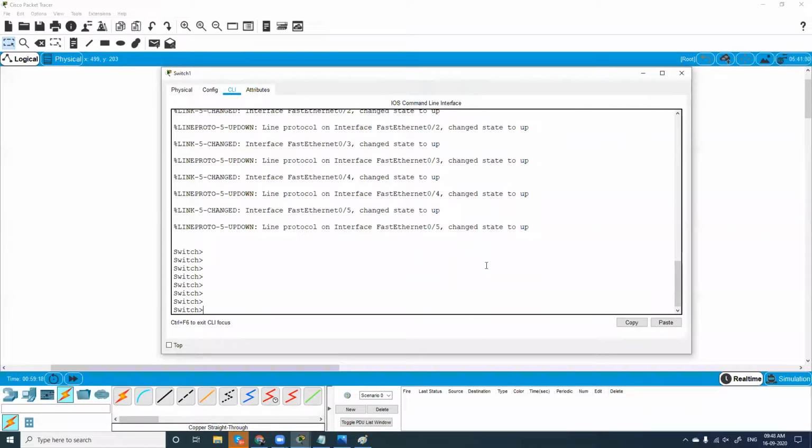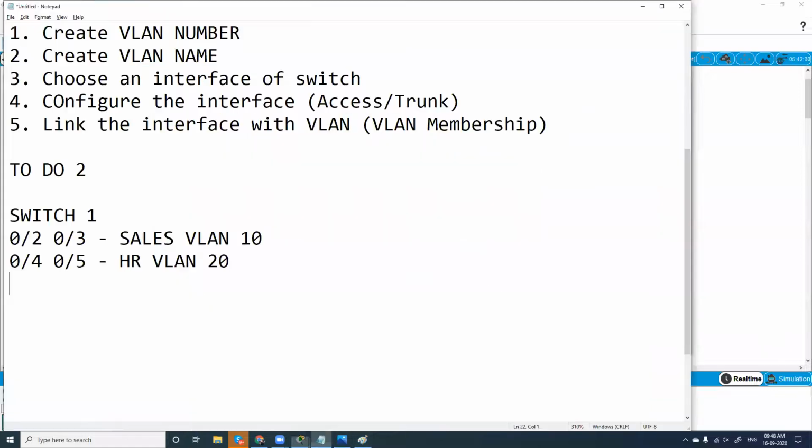I hope you are aware of this. I'll type the commands that I'm going to type here, and then I'll type them in Packet Tracer so that you guys will know. Initially the switch will be in this mode. I'll type enable. That's perfect. And again enable, it will go to global privilege mode, and I'll give configure terminal, conf t.